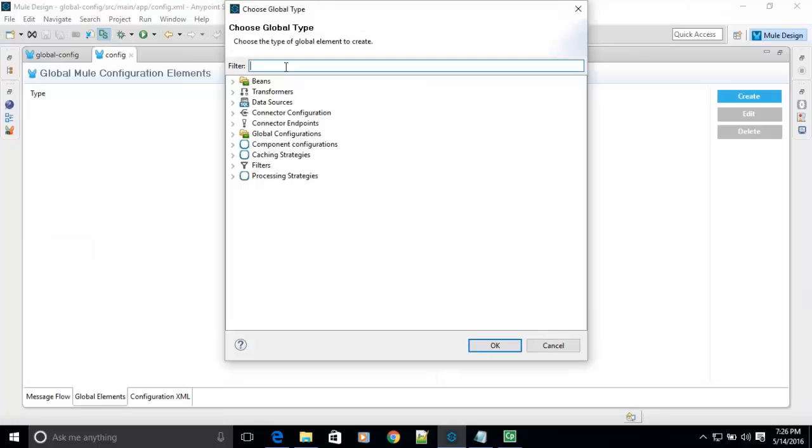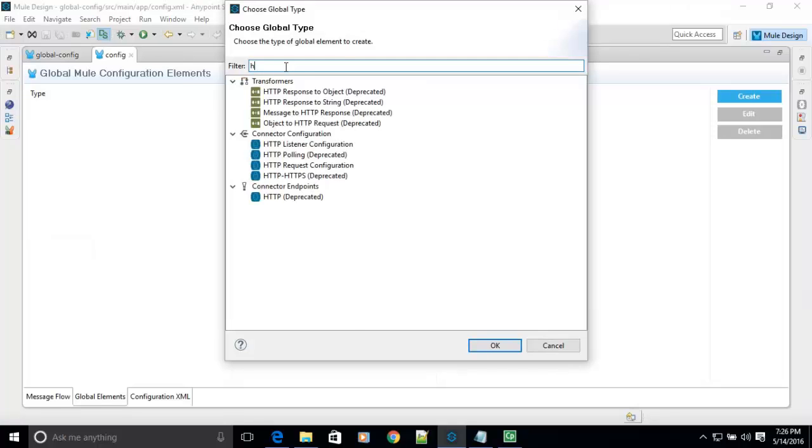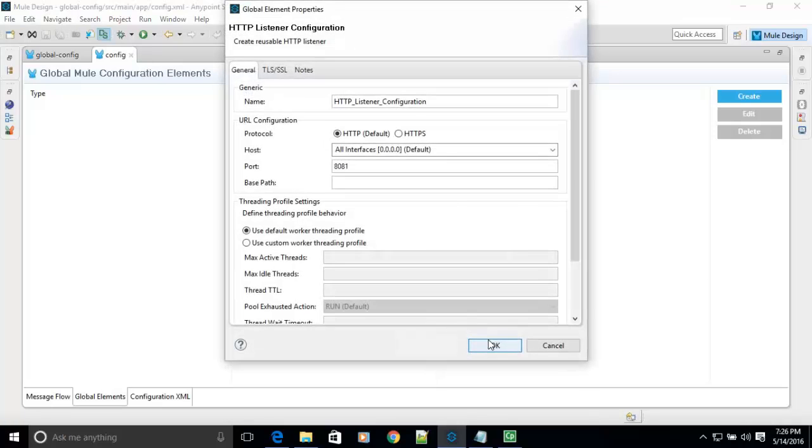I am going to create one sample HTTP connector globally. Type HTTP. It's a listener configuration. Click on listener and OK. And here you have to define the host, followed by the port number, and followed by the base path. Global. I will have it as global. Okay, and here I will leave it as